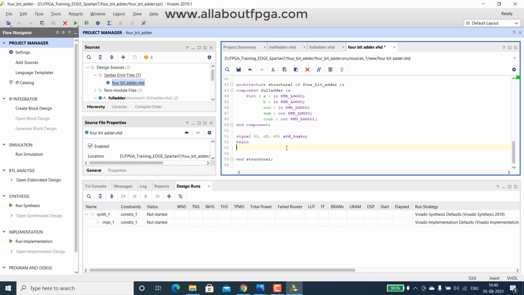Next we can call those full adders one by one in the port mapping with component name, port map.